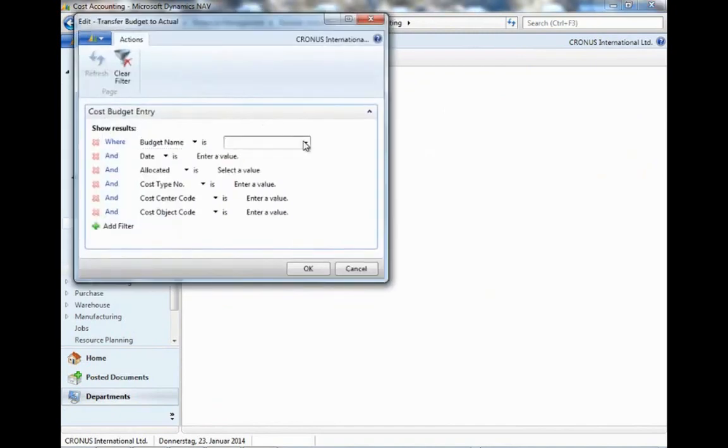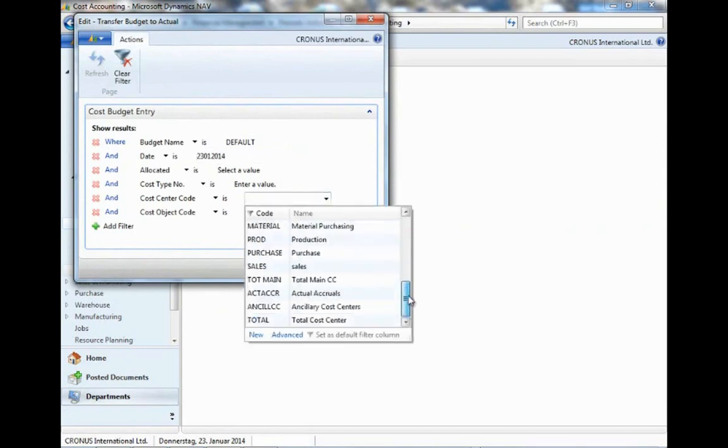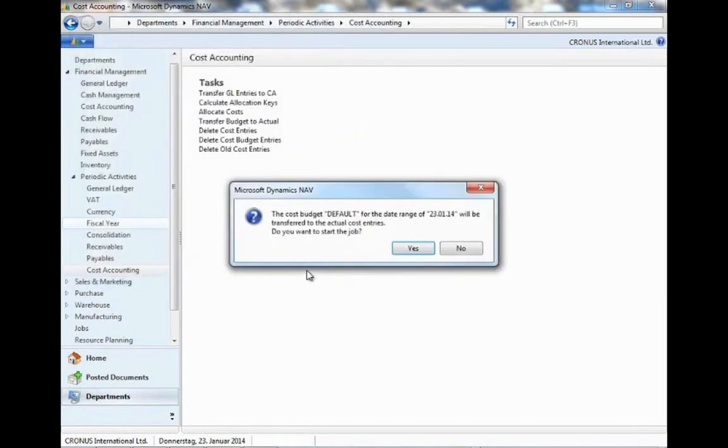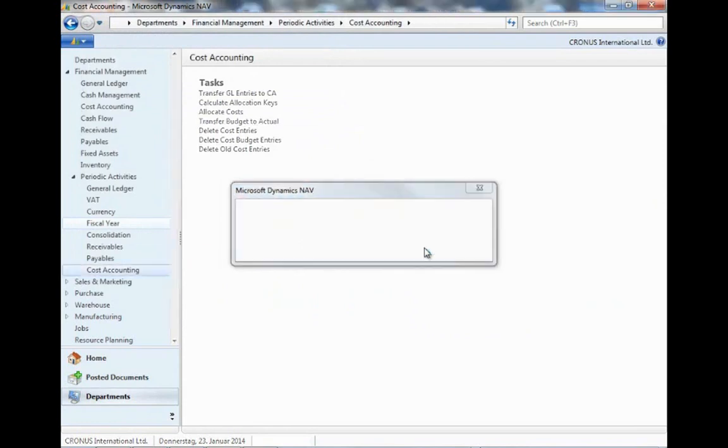The budget name was default. The date was the working date. And the cost center was purchase. And if I now click OK, yes,